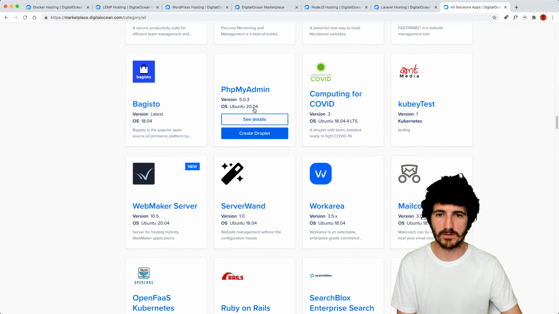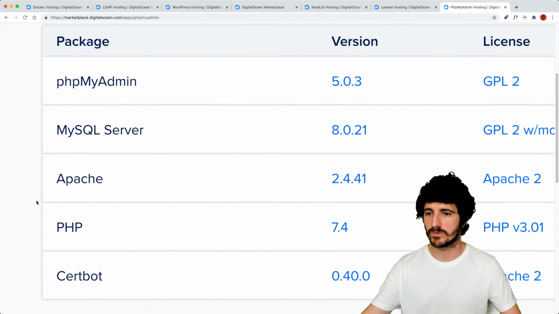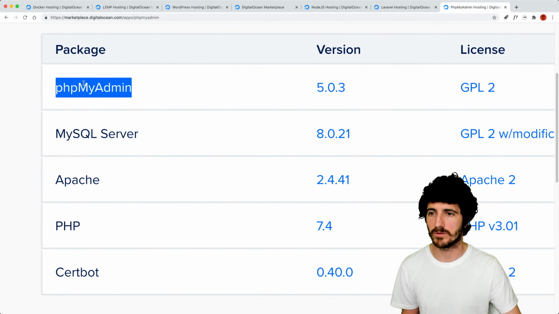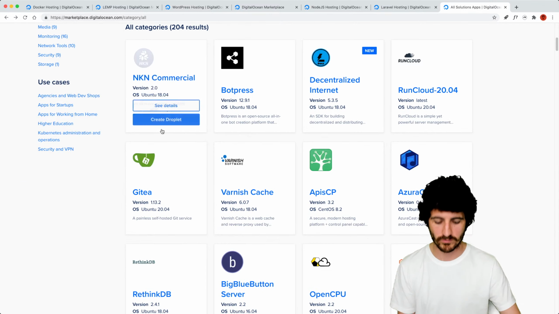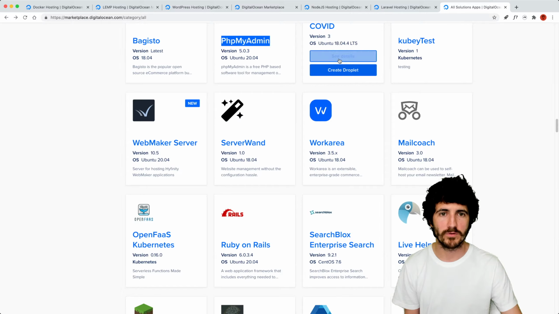One thing on the details we're going to see now is that if you click, you can see all the other tools that are also installed on this stack. So even though it tells you phpMyAdmin, it also has Apache, Certbot, PHP, MySQL, and phpMyAdmin. Right, we're going to go back, see if we can recover. So one is computing for COVID.